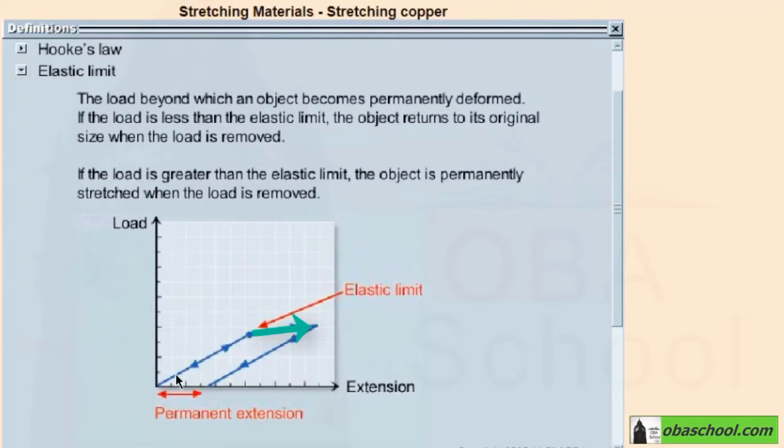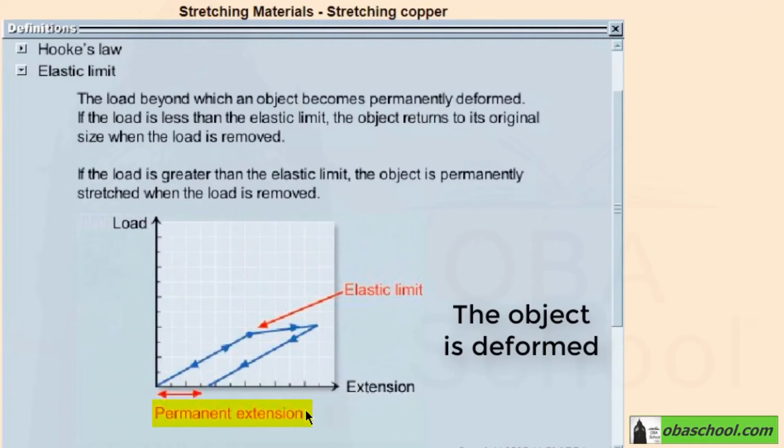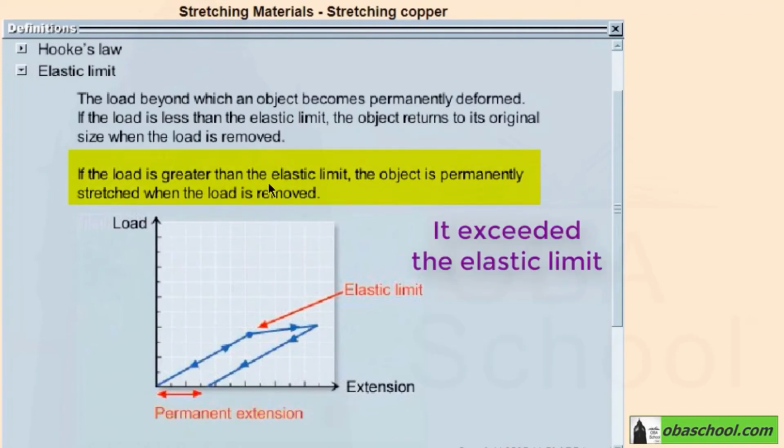So, if we increase the load on the object, reaching the elastic limit, and continue increasing the load, and then at some point unload the specimen, it will return back to its original length. But here, it won't return back. There will be a permanent extension, and we say that the object is deformed. It exceeds the elastic limit. So, if the load is greater than the elastic limit, the object is permanently stretched when the load is removed,